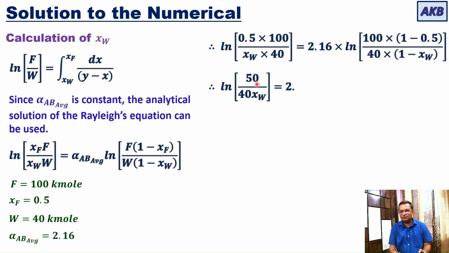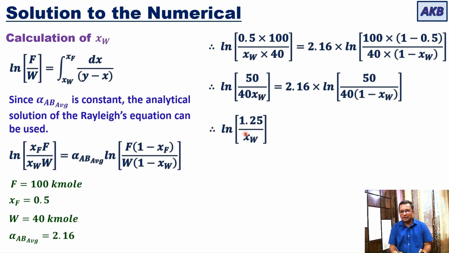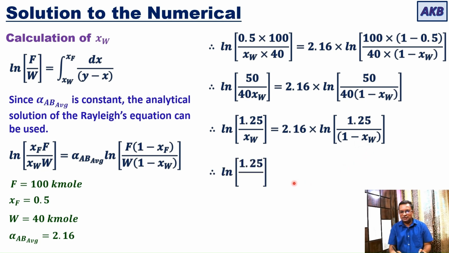So that is ln of (50/40)·xw, that is equal to 2.16 into ln of (50 divided by 40) into (1 minus xw). So I have simplified it. So that is ln of 1.25 xw, that is equal to 2.16 into ln of 1.25. So 50 by 40 is 1.25. So 1.25 divided by 1 minus xw, that is ln of 1.25 divided by xw, that is equal to ln